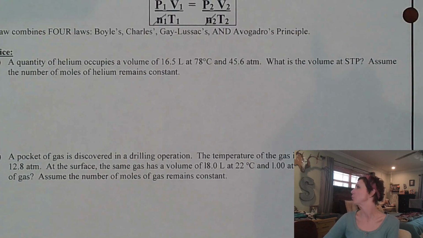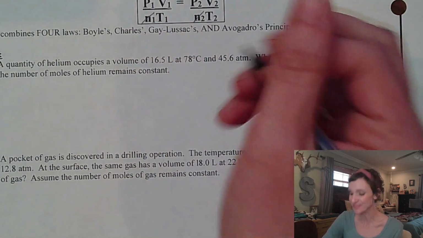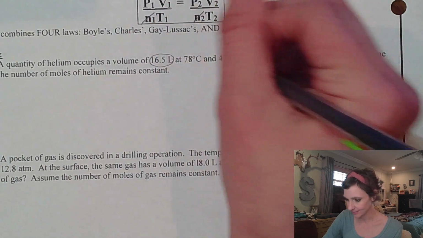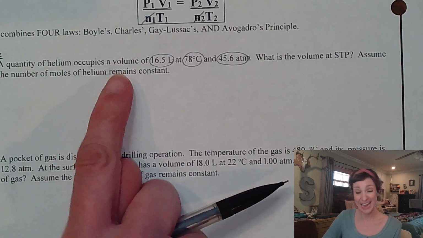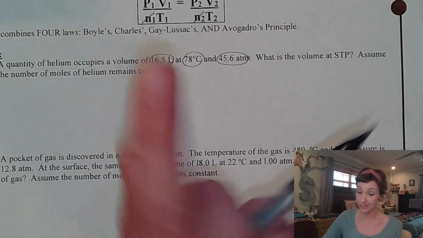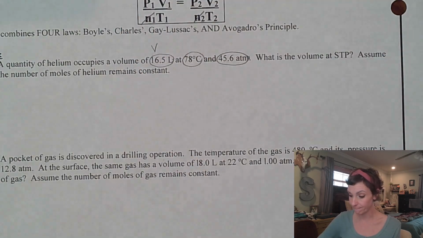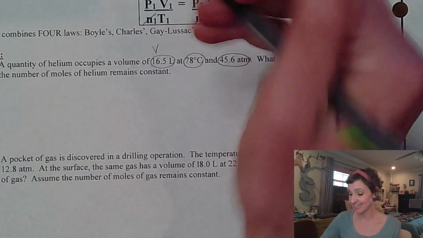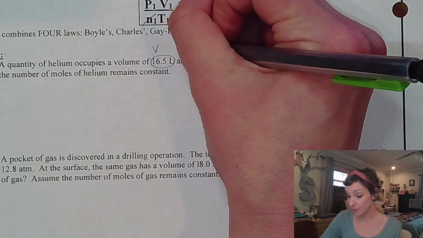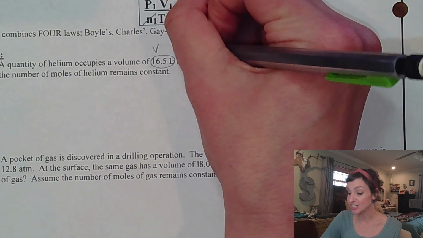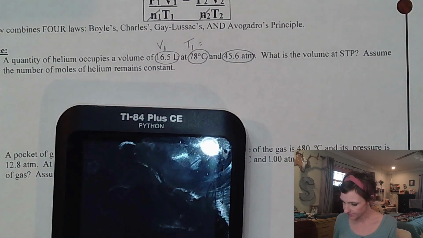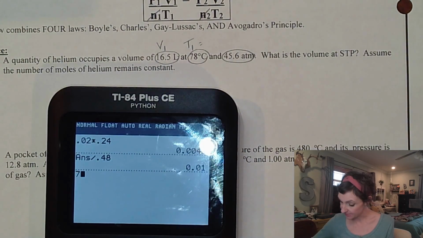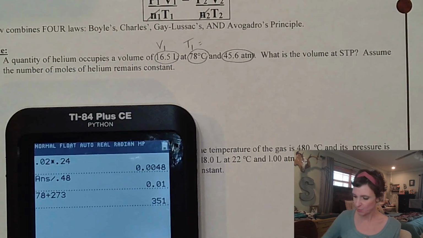I'm already overwhelmed with the number of numbers in this problem. I'm going to start circling some stuff, because there's a lot going on. I've got 16.5 liters. Liters is a unit for volume. I've got 78 degrees Celsius. Celsius is a unit for temperature, but I have to change the temperature to Kelvin by adding 273 to find my first temperature. So 78 plus 273, and I get 351